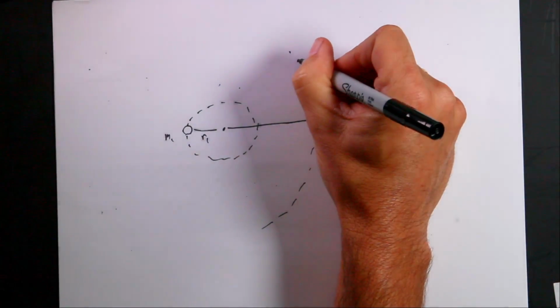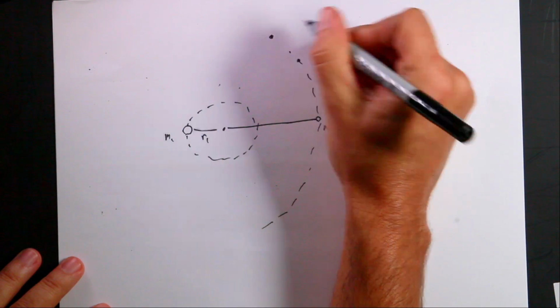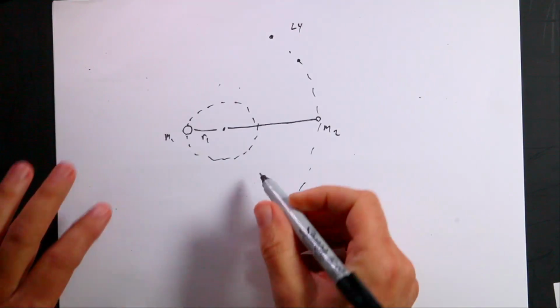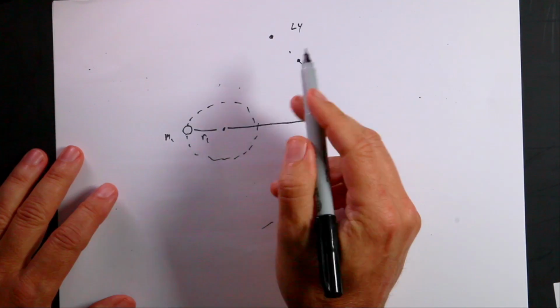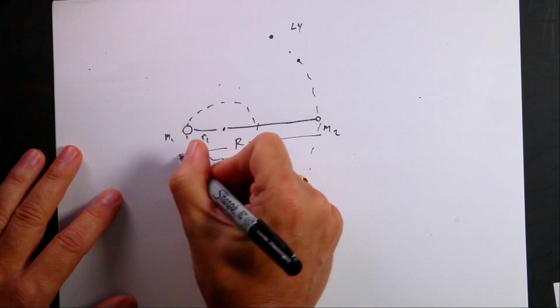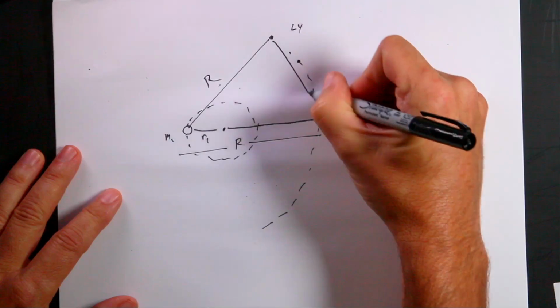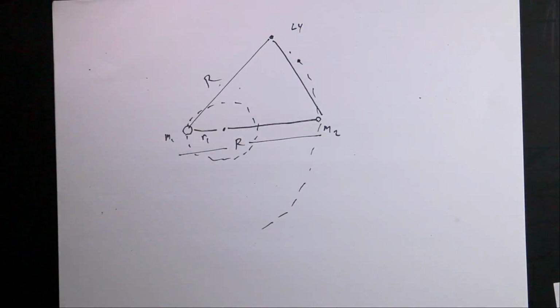Okay, so I think L4 is up here. I can't remember it. Let's see, actually put it right up here. Right about right there, L4. So L4 is at the tip of an equilateral triangle. So this is R, and this is R, and this is R. So these are all 60 degrees. And so if that's true,